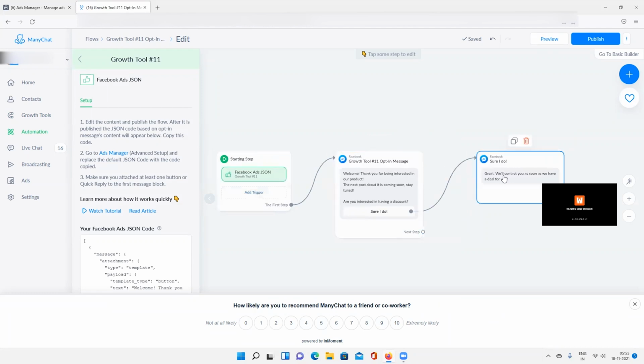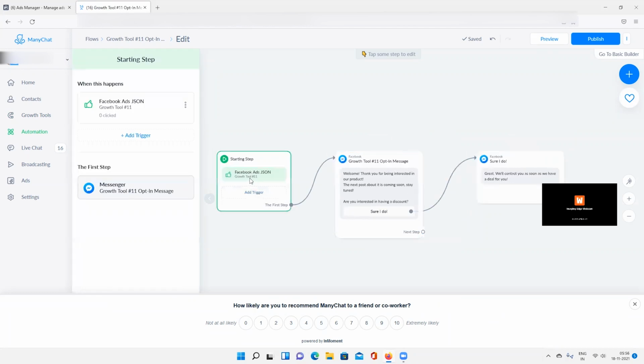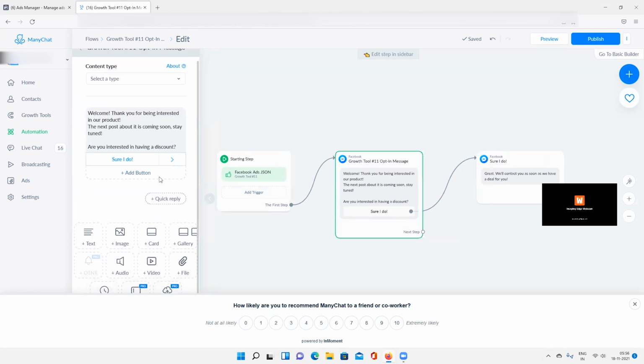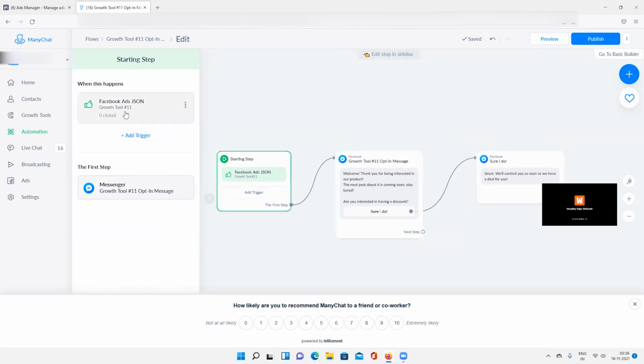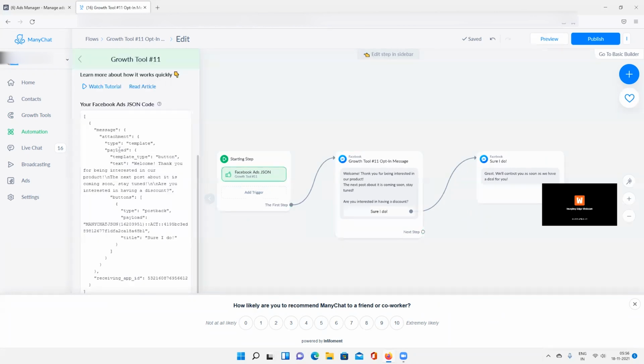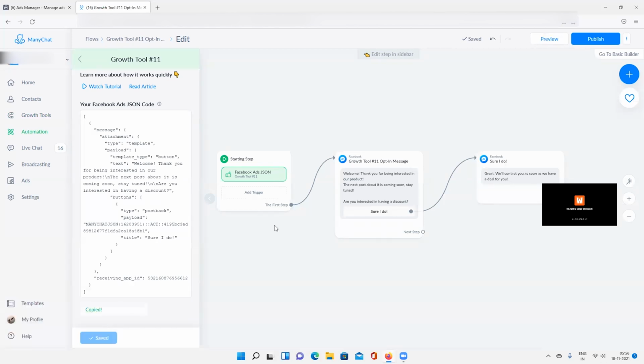So here it is, it's already built. Here it's the code where you have to click on it, and here you will find that JSON code. After building a chatbot, just copy this code and make sure you don't add any name here. If you add something like welcome/name, it will give you an error, so make sure you don't do that. It is mandatory that you have a button here. If you don't add a button, it is not going to work. So you have to add a button here.